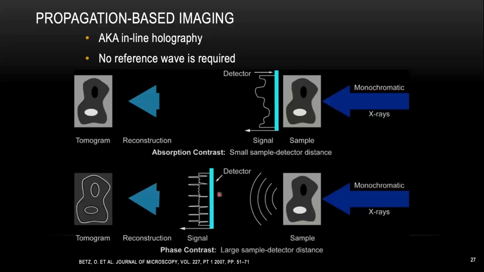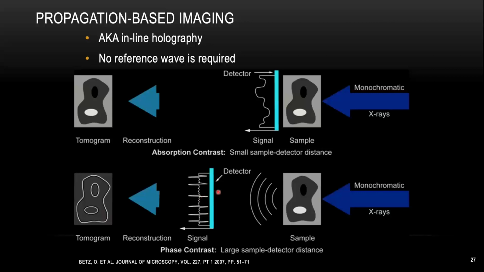When it travels a larger distance, the tiny phase shift is going to expand out. So we can start to pick up those phase differences between different signals. Now you can start getting some kind of brighter edge around your sample, and that's so-called propagation phase contrast imaging. And for the LED-based micro-CT machine, that's what we're doing here. We're just moving the detector further away from your sample.